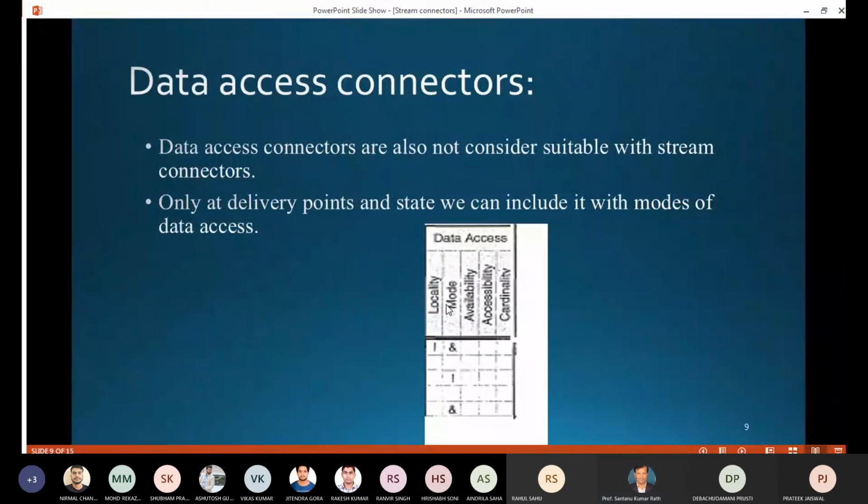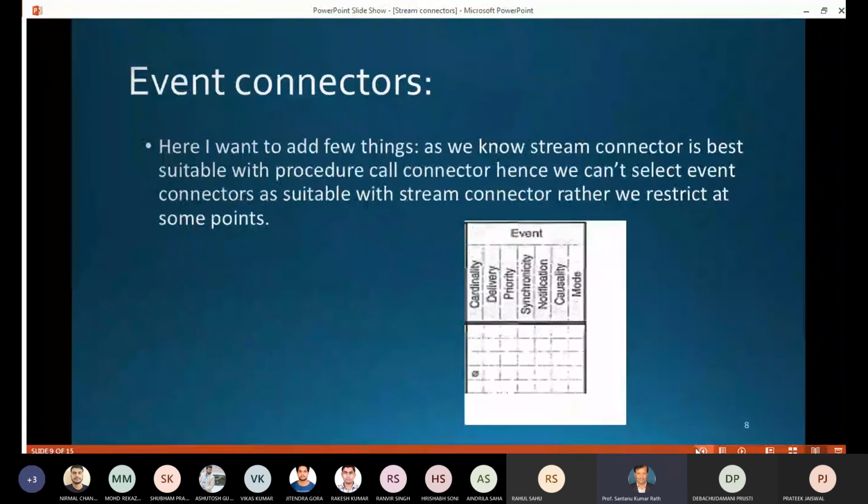Data access we only require at the time of mode, meaning delivery. Either delivery requires state, requires mode or not. Mode means modifiers, like arbitrators or modifiers. So that's required, because whenever you are passing some services, some data, it means data activity. Okay, let's switch it. Yeah, here, data access delivery.